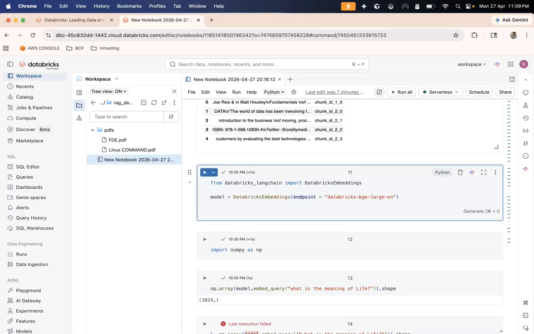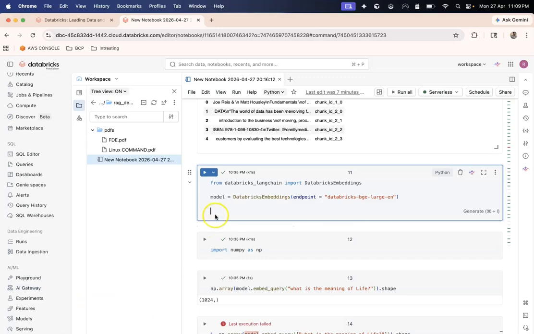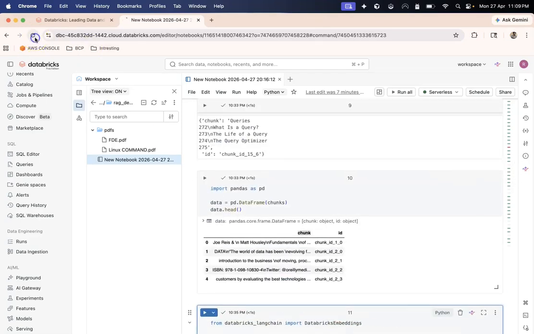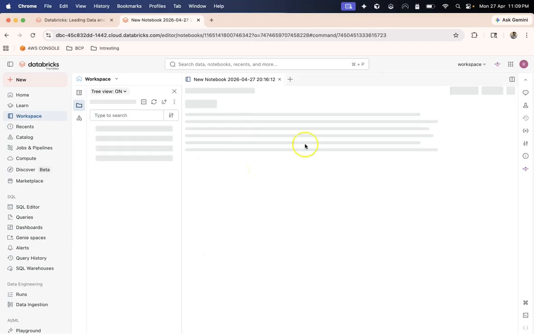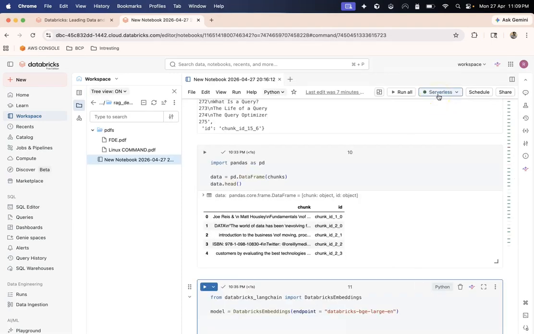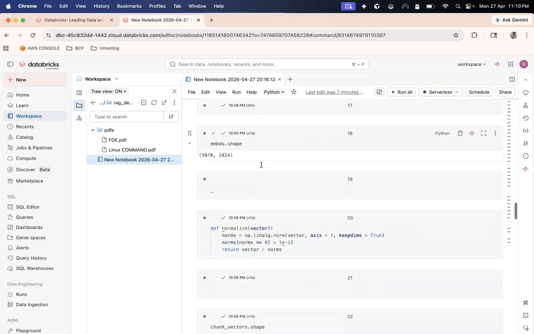Okay, so the last missing piece in our endeavor to create the RAG on Databricks is to create the generation part. We have implemented the retrieval part, so let's quickly reload this notebook. After the retrieval part, we will have to implement the generation part.